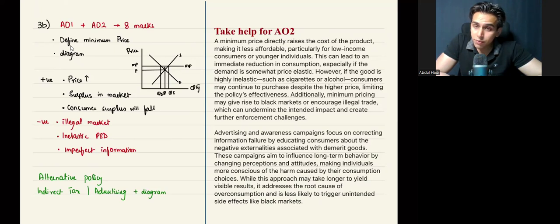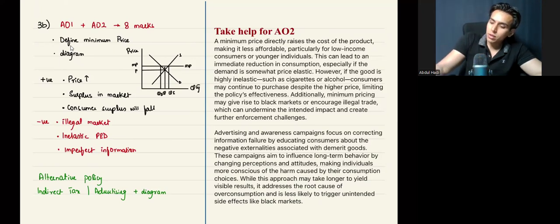The consumer surplus will fall, as you can see for yourself. This was the consumer surplus earlier on when the market was operating at its equilibrium. And now, after the imposition of minimum price, the consumer surplus is falling. All right. So you can write these benefits, but the drawbacks